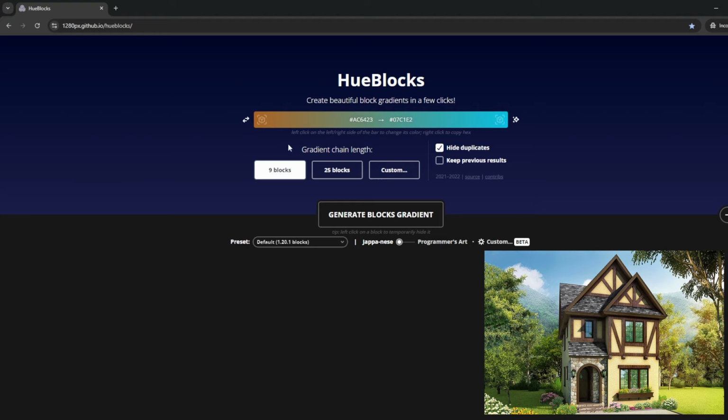So over in Hublocks, you can see right here there is a color bar, and you can select this side over here, which is going to be the darker side, and you can take the color picker, and then you can select the darker part of the image. And then you can take this side over here, which will be the lighter part, and then you can use the color picker and select the lighter part. So you can see here that it's going between this dark brown to this yellowish color, and you can change